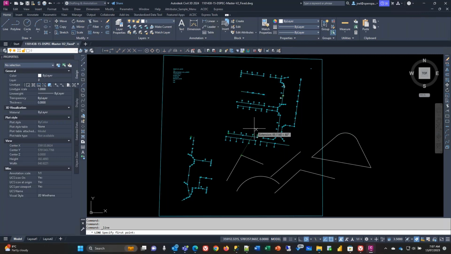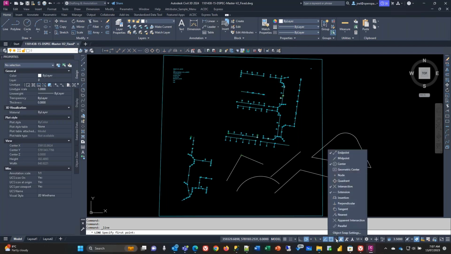So there you can actually say, I want to snap to an extension of that line, and it gives you the distance and the feedback that it is giving you in there. So we'll have a look a bit more at all the various object snaps that you have a little bit